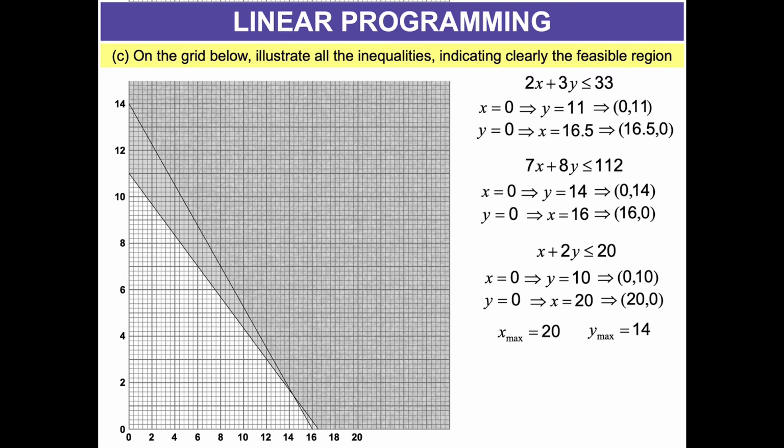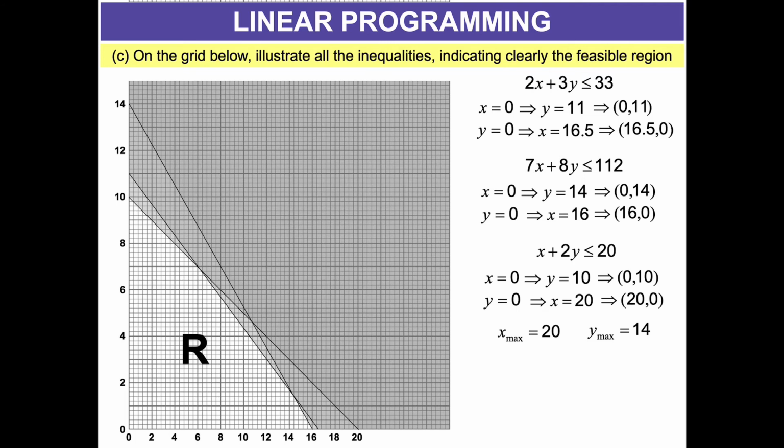Again, belongs there, so shade away the opposite half plane. And for the last one, 0, 10 and 20, 0. Sketch the line and again test the origin. Again, belongs there, so shade away the other half plane. And this gives you the region R that will have 1, 2, 3, 4, 5 vertices that we will check